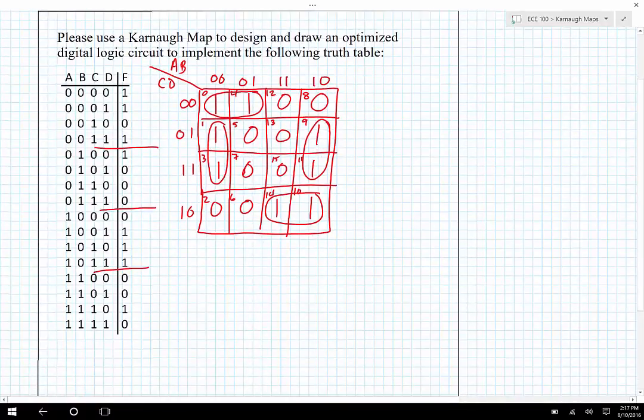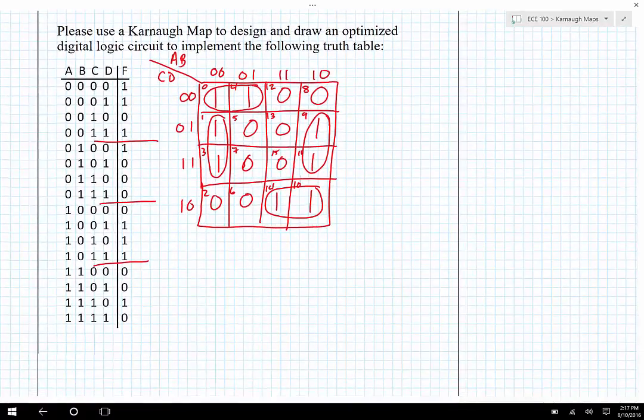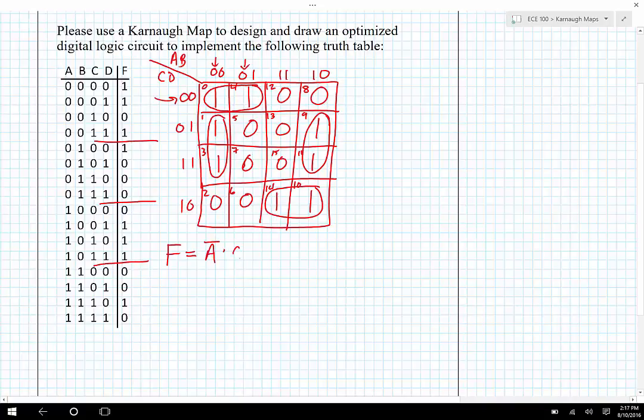There's 4 groupings which will each lead to a product term. So I'm going to go ahead and write my equation. F equals, I'll take them from top left to bottom right. So I can see that the first grouping here corresponds to C and D both being 0, and it corresponds to A being 0. So I have not A and not C and not D. Or, and then I'll remove those arrows,